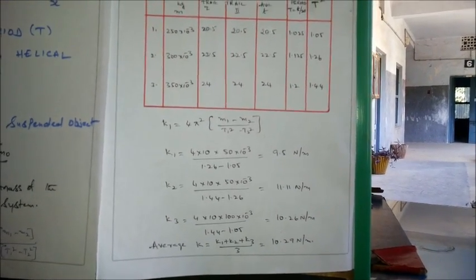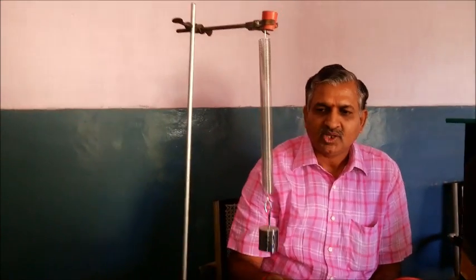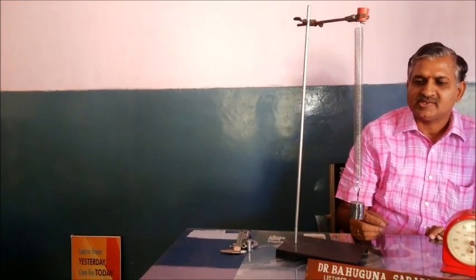Now what are the precautions we have to take care of? The precaution here is that parallax error is avoided while taking the readings. And second, the load applied should be within the